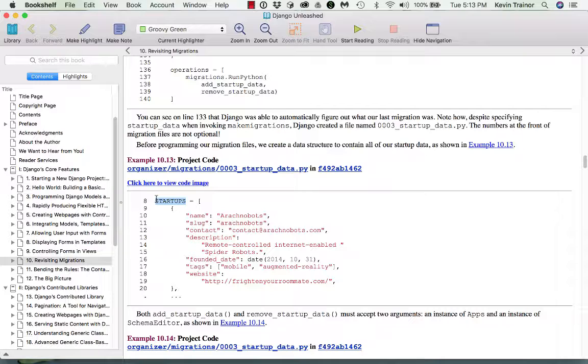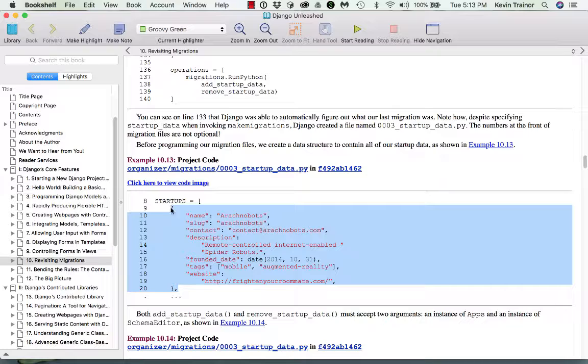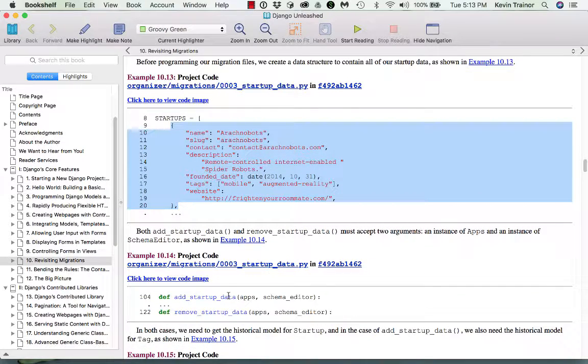It's not a changeable variable. It's something that we see as a constant, and people will sometimes use the convention. In fact, it's a good convention of naming constants in all caps. Okay, so each of these dictionary entries is enough to populate a single row, and then in the add startup data,